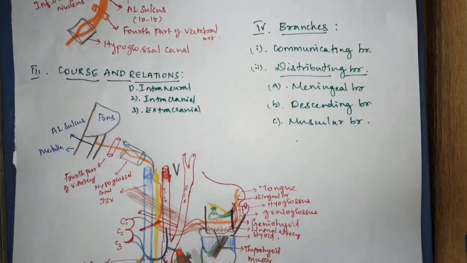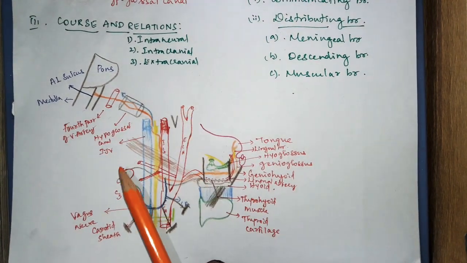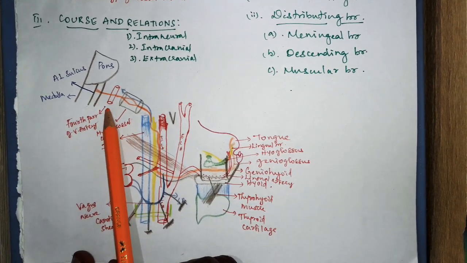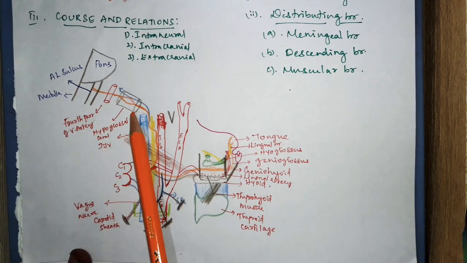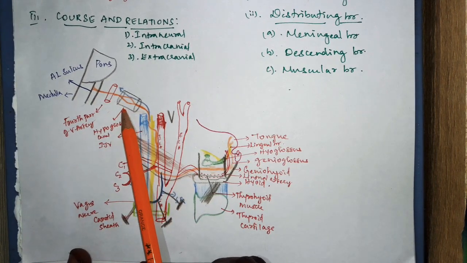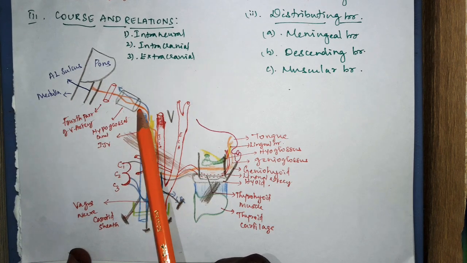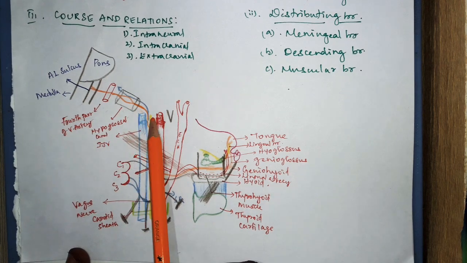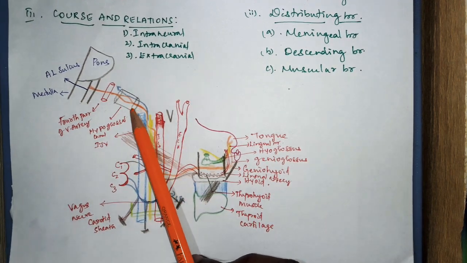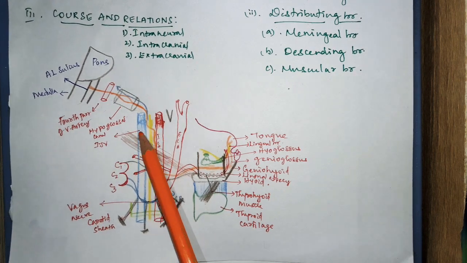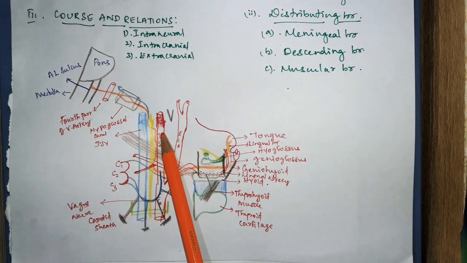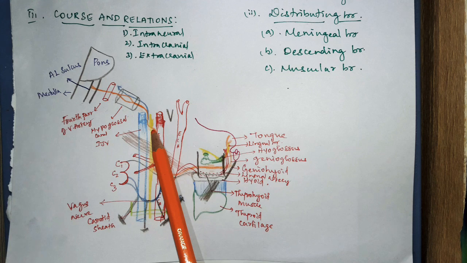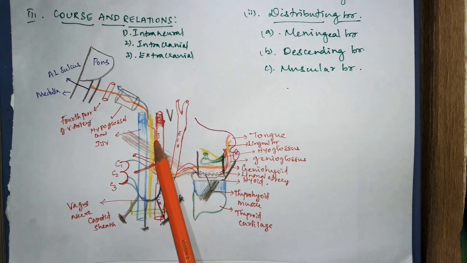So next we will move to the extracranial course of the hypoglossal nerve. For that, see here: this nerve attaches to the anterolateral sulcus, passes beneath the fourth part of the vertebral artery, and enters the hypoglossal canal as two bundles. At the lower part of the hypoglossal canal, the nerve forms a single trunk, becoming extracranial. From here to here is the intracranial part, and now the extracranial course begins. The nerve makes a downward inclination in order to run between the internal jugular vein and the internal carotid artery. It winds around the inferior ganglion of the vagus nerve, crosses the vagus nerve and comes to the front of it.